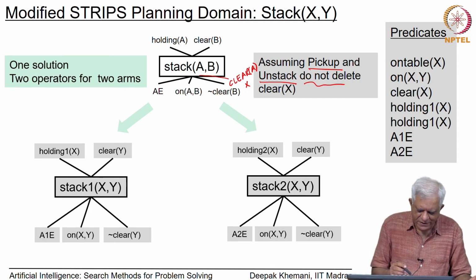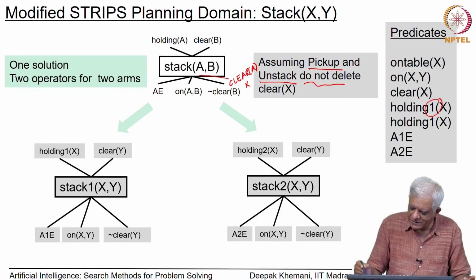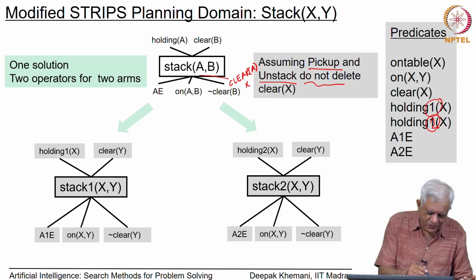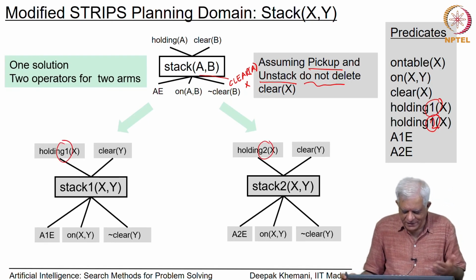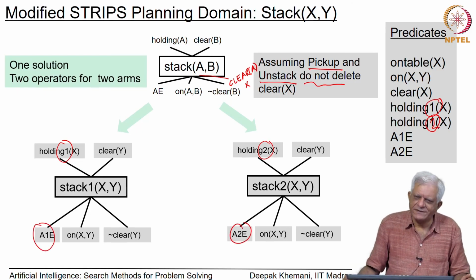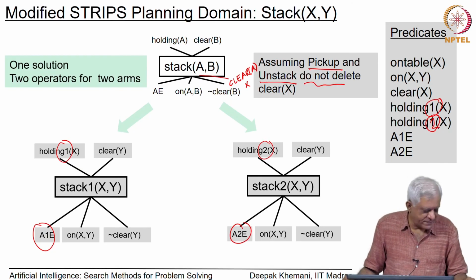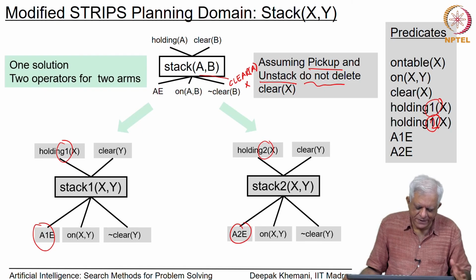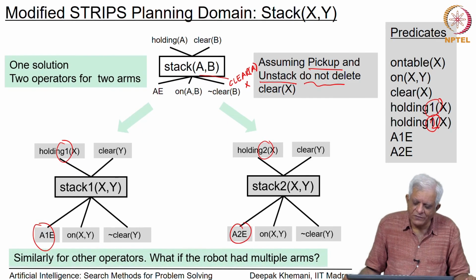One is called stack 1 and the other is called stack 2, and the precondition we need to modify the predicates. So, that we have now holding 1 and this should be holding 2. So, holding 1 is a precondition for 1 and holding 2 is a precondition for the other, and likewise the arm which becomes empty is clearly specified. So, we are just treating this as a separate action. They are just two different actions. In some sense we are separating the world of arm 1 and arm 2,